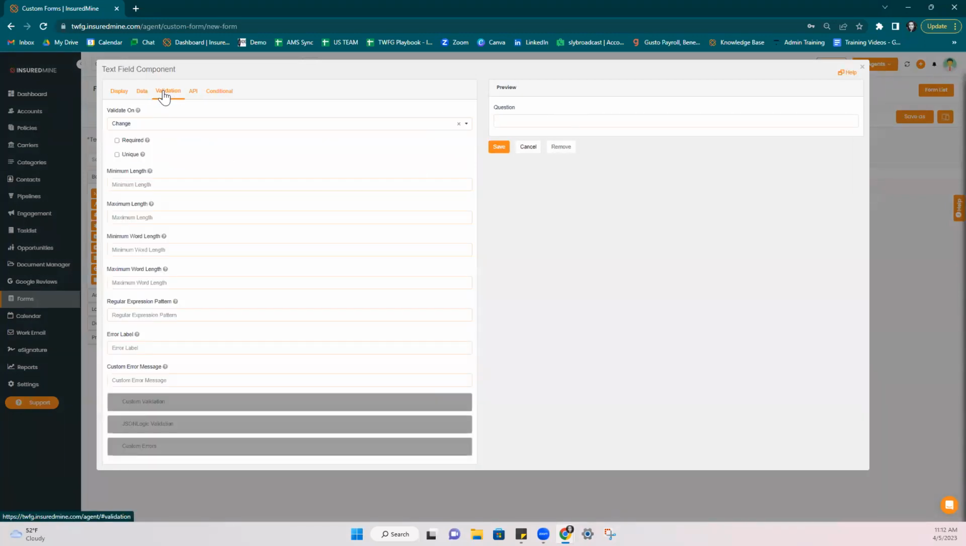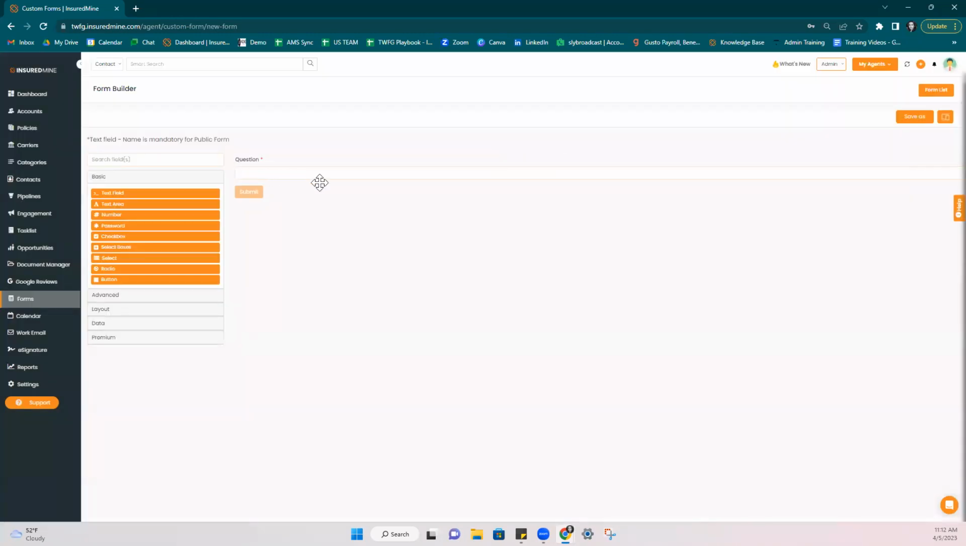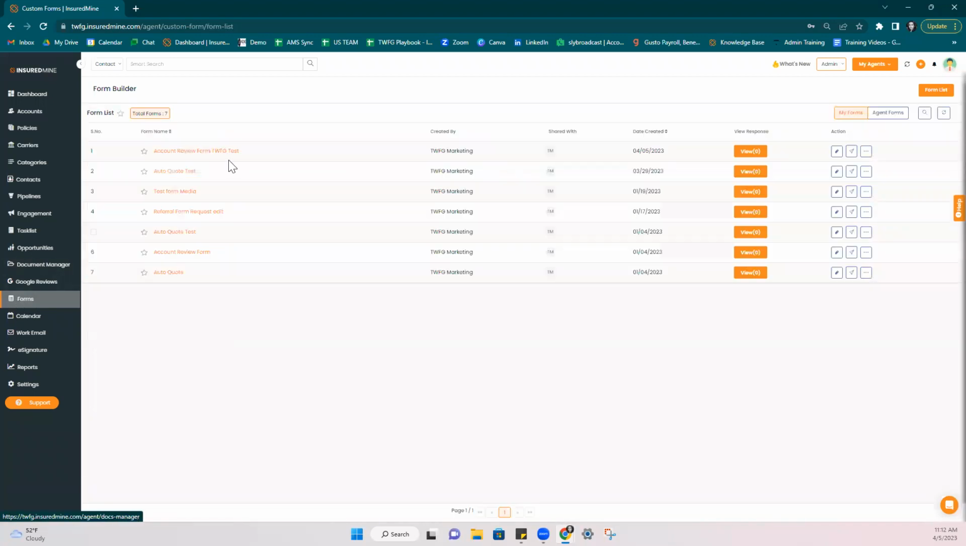You can also make this required under Validation if it's a required question, and you see here that it appears as having an asterisk next to it. And then you can save that there. Once you're done, you can save your form again. So let's go back to forms. On this form that we just saved,